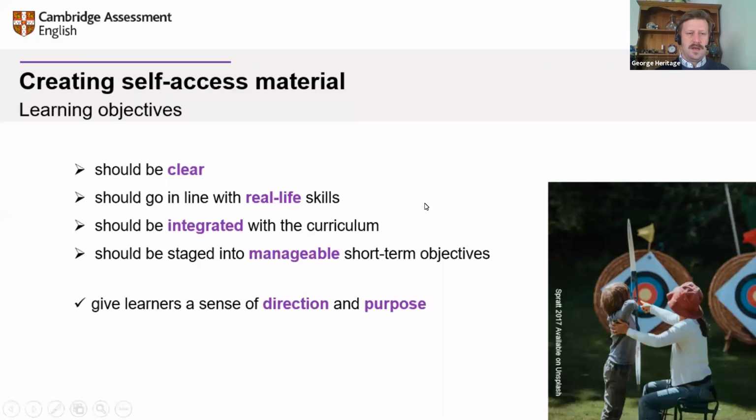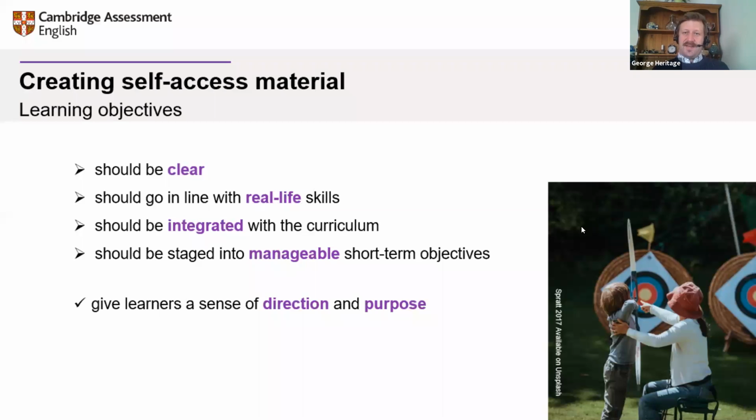Mm-hmm. On to, oh, sorry. No, this connects to what we're going to say next. Having very clear objectives also gives learners a sense of direction and purpose, because they know where they are heading and the reason why they are doing the different activities they are doing to get this objective.